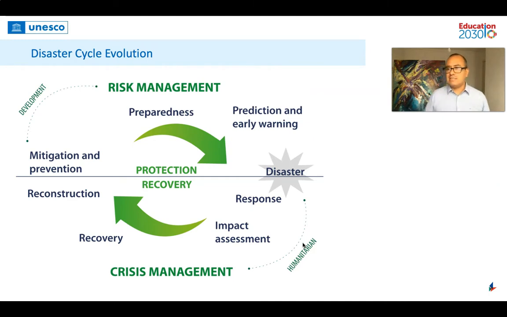And then there is the disaster that could happen, and that is where the humanitarian actors will enter, and that will be on the crisis management. So, as I mentioned before, in the traditional cycle we have the response. Then after the response, we will have the impact assessment. So normally we start responding before we can have an impact assessment, and that is where some methodologies like the PDNA, produced by the UN, come into consideration.